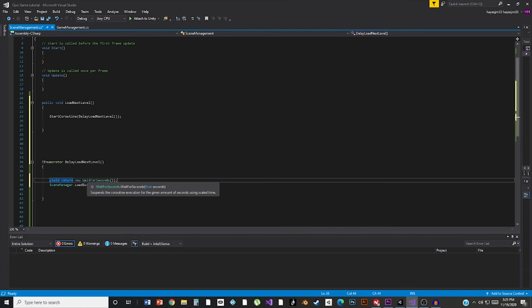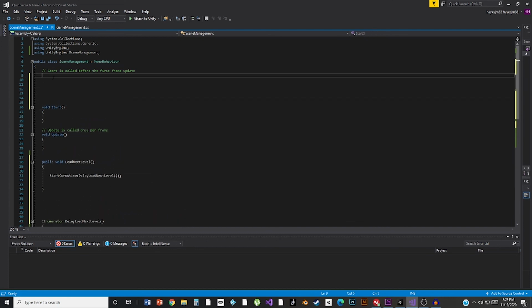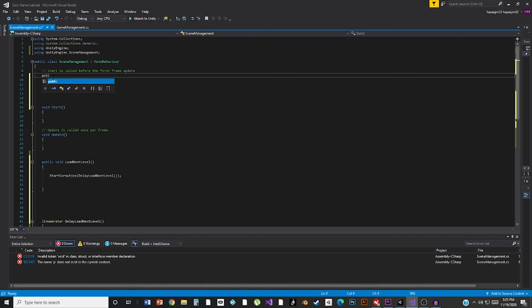But let's say we want a little more control over it, and we want to change it on the fly in the inspector without having to go back into our script and hard coding it in. Well, there's a very easy way to do that. Just like you can pass a variable like an integer in here, you can also create your own variable, okay? So let's go up here to the top, guys. This is where we declare our variables. And I want you to type in public,